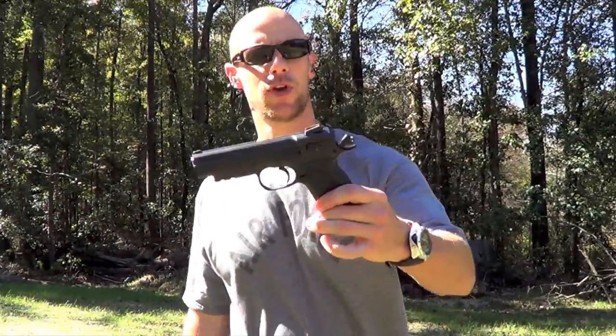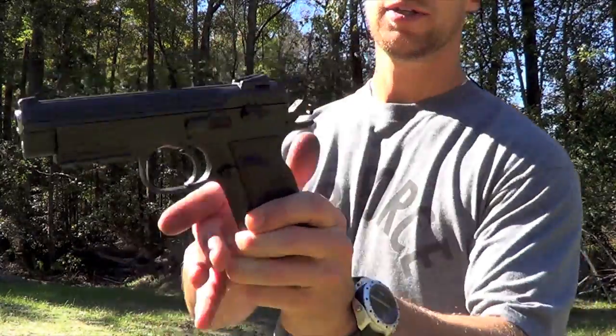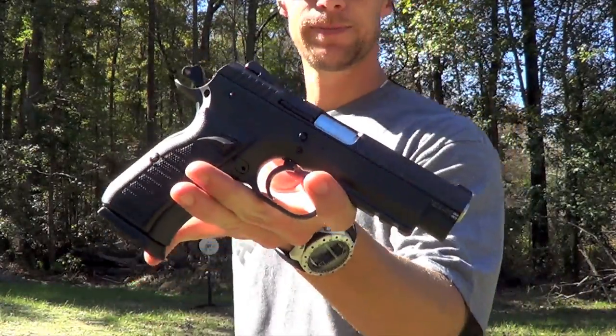Welcome back, everyone. On deck for review today is going to be the EAA Witness all steel full-size 9mm pistol. This one here has the rail. There are others that don't, but most of everything I say is going to apply to both models. We're going to get into our typical review here, see if we can make this steel jump a little bit,